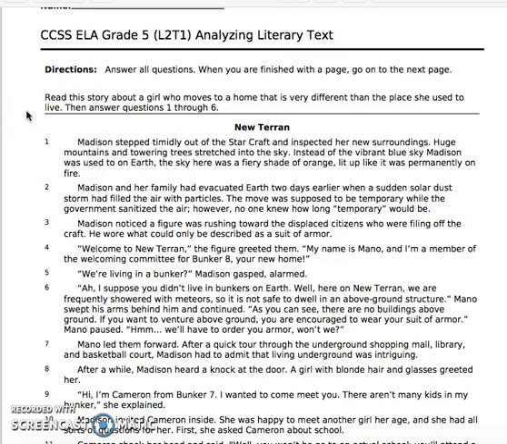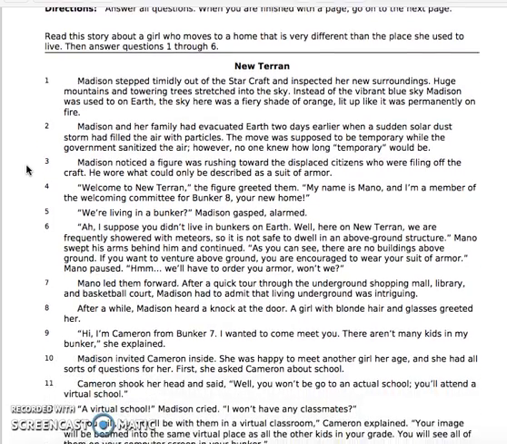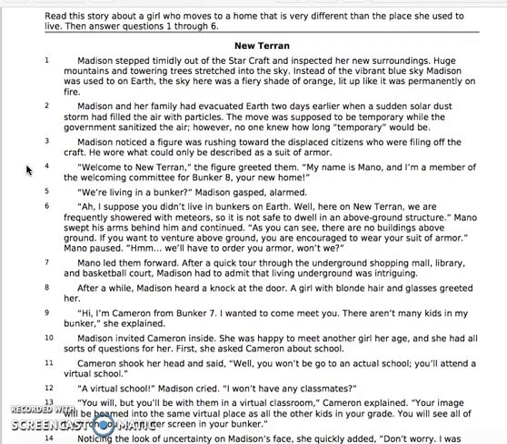So now we need to think about what strategy we are going to use for our fiction text. And so it would probably be a good idea to use CSPS to begin with. And then if they ask us more questions about the character, we can go back and look for fast evidence. But right now, you should be getting ready to find information about the character, setting, problem, and solution.